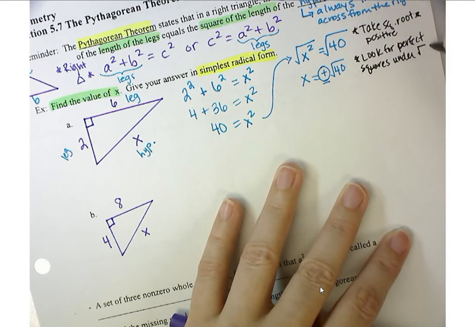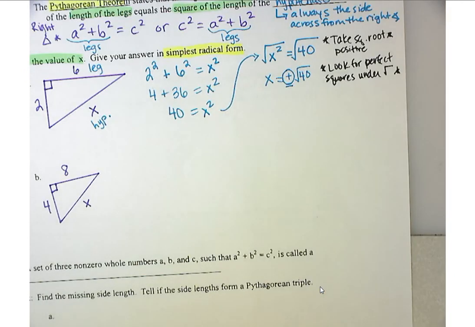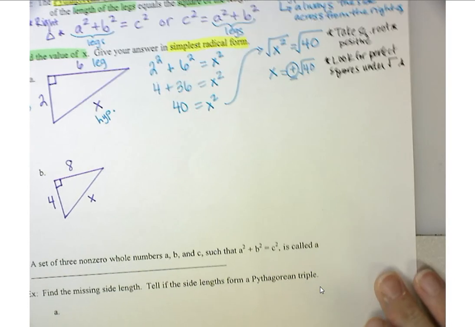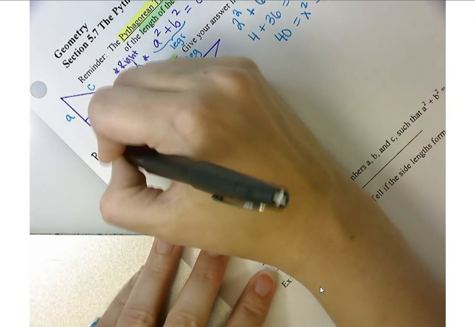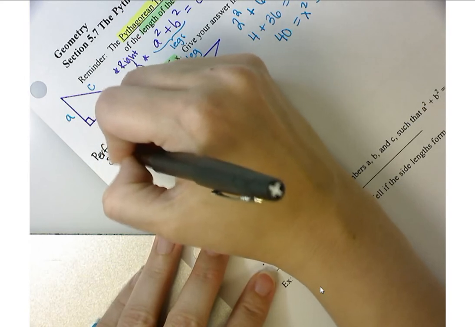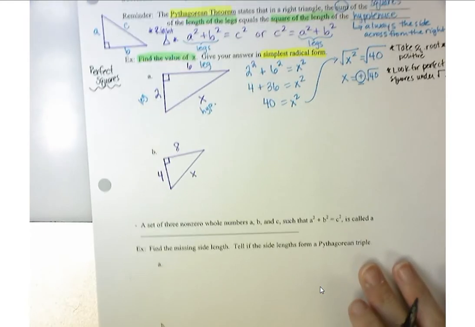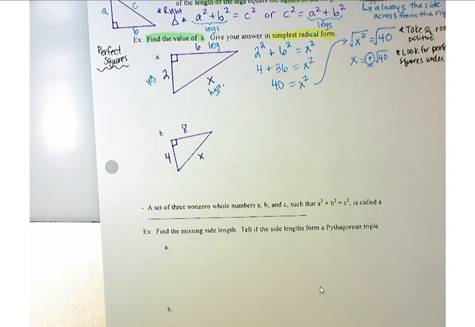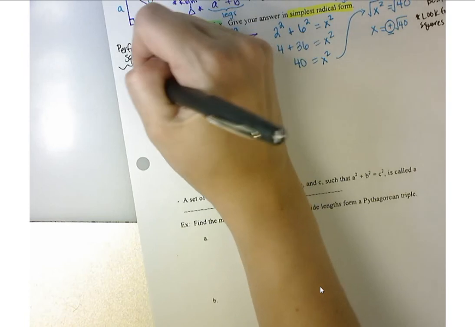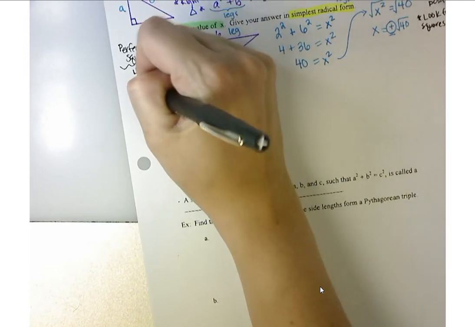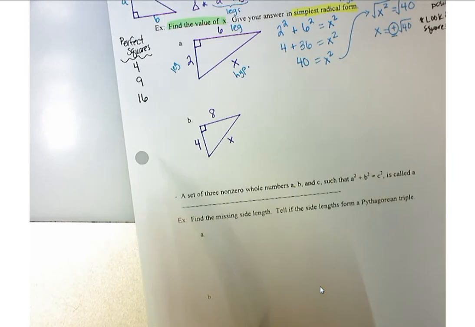Under the radical. Okay, now when I say perfect squares, let's generate a short list and put it on the side here. So perfect squares. Now, the first perfect square is 1, well really 0, because 0 squared is 0, 1 squared is 1. But the first one that you have to check for is what? 4. And what would be the next one? 9. The next one? 16. Okay. All right. So we are